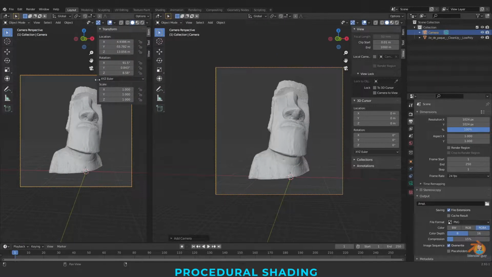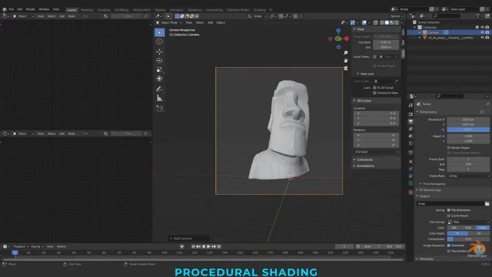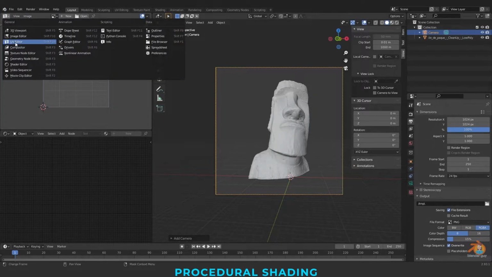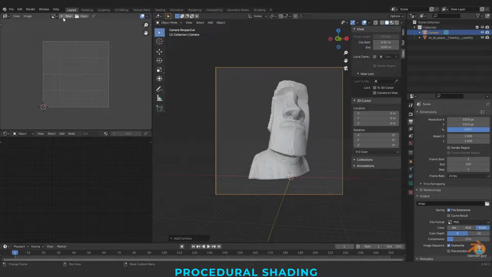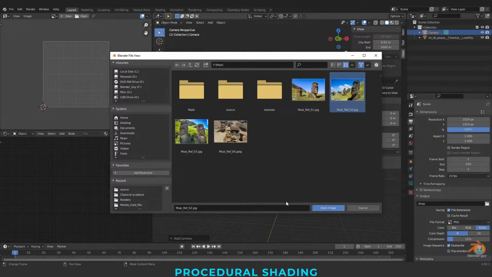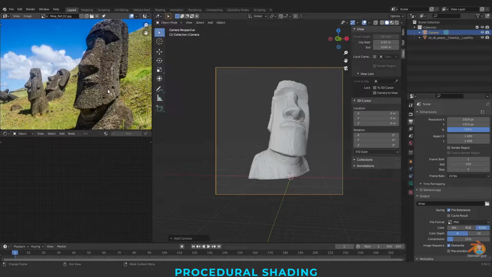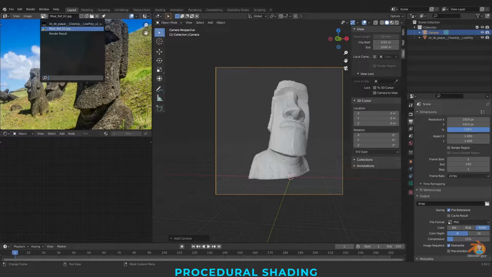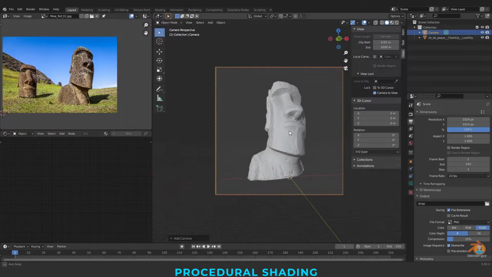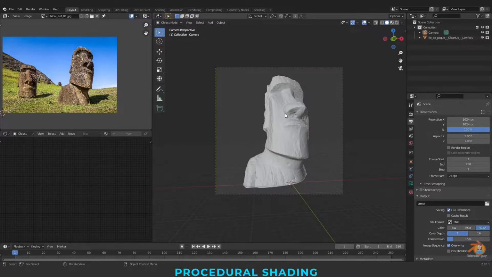Let me open my reference first. Going to my shader editor and taking one other window. Going here, have a UV editor window so you can load up your reference. Open, go to the source, go back. So this is good, but also let's have another. Trying to match this roughly. Now I think I'm good to go.